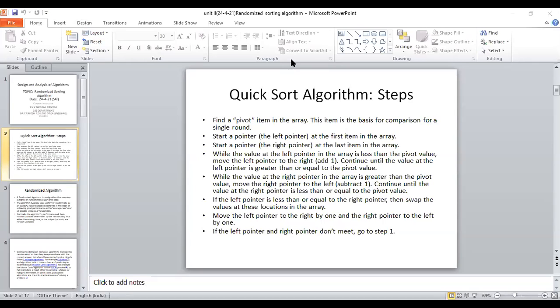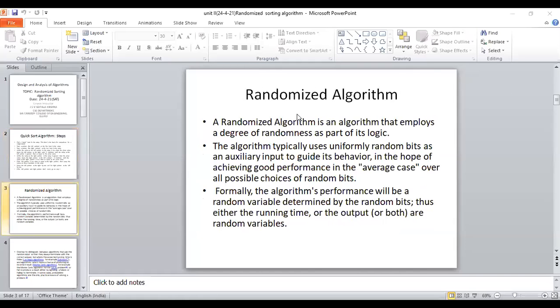Okay, in the quicksort algorithm, you already know the steps. So what is a randomized algorithm?